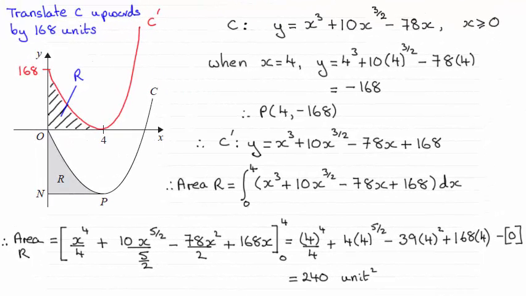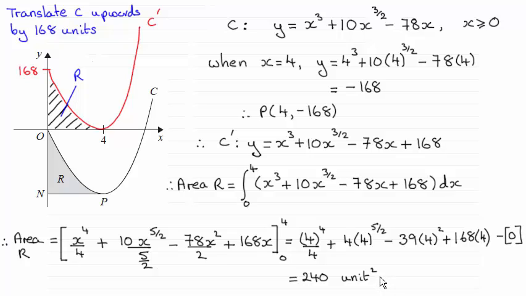Hi there. Now for this last part of the question, we had to find out this area R, bounded between the curve, the y-axis, and the line NP, which was horizontal to the x-axis. And as you can see, the answer is 240 units squared. Now the method I've used here is not the one that's used in the mark scheme, but I think personally